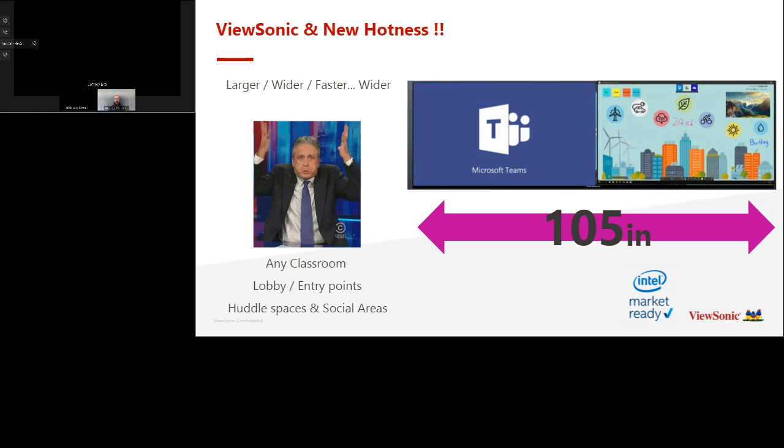So this is our 105-inch, which will come to market in the end of Q1 2021. It's actually 275s in a single pane of glass. So this is great if you are doing something just like you see on the screen. Maybe you're running Teams or Unite on one side, and then being able to have a full-fledged 75-inch on the right-hand side to be able to run MyViewboard or WebSurf or however you're using it for your environment. So this is great for not only boardrooms and conference rooms, but also huddle spaces and all environments where you're talking about maximizing that visual impact.